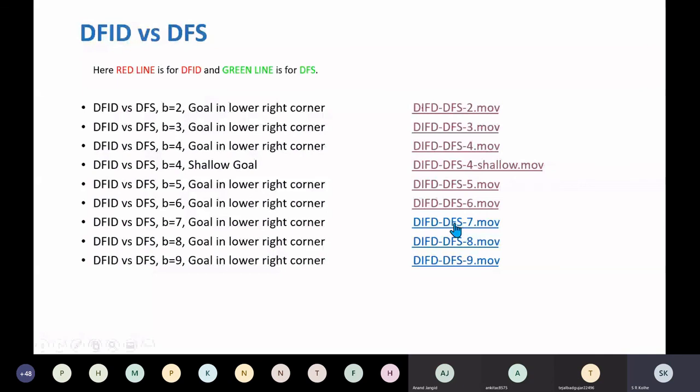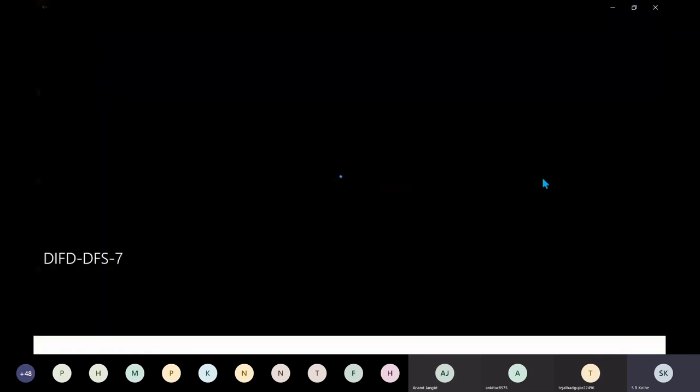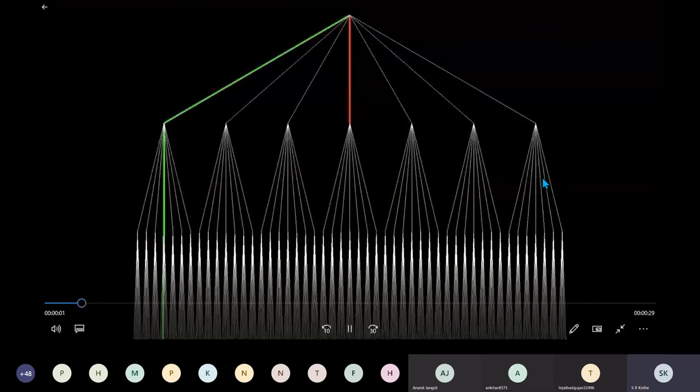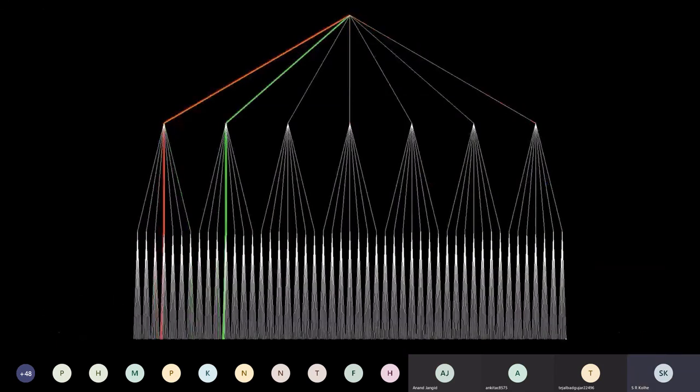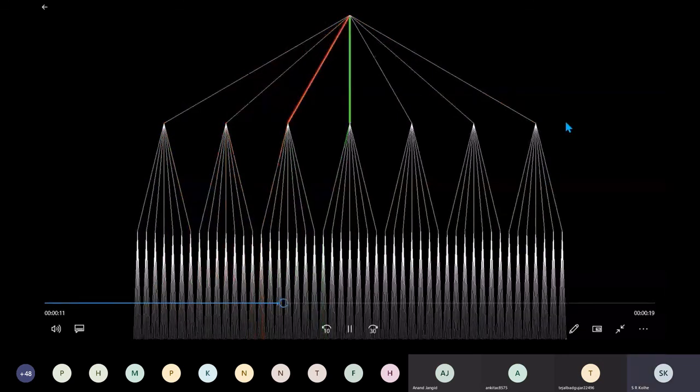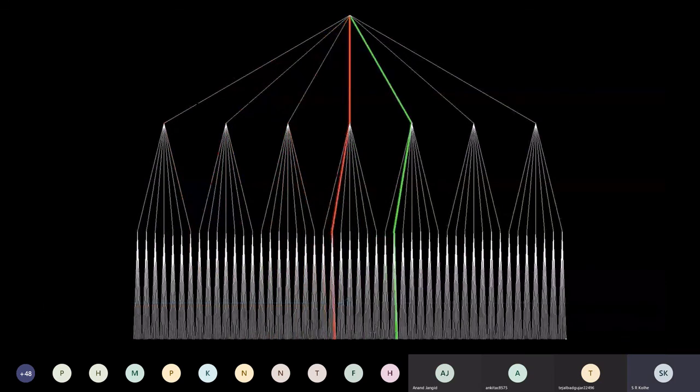Then if branching factor B is 7, B is equal to 7 here.